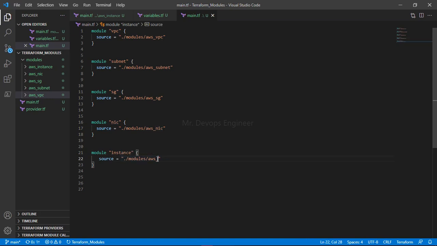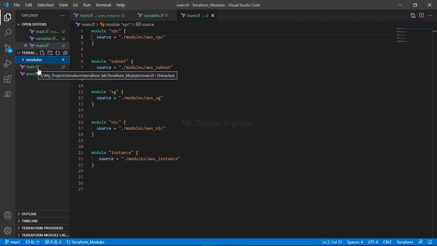So AWS instance. So this is done, right? So now what you have to do, so like this we access the modules, right? All the modules we are accessing respectively. So now how will we pass the values? Because going forward we are not going to touch this module. We will be passing our values from this side only, the front end, and from the backend we will not touch, as we have discussed.